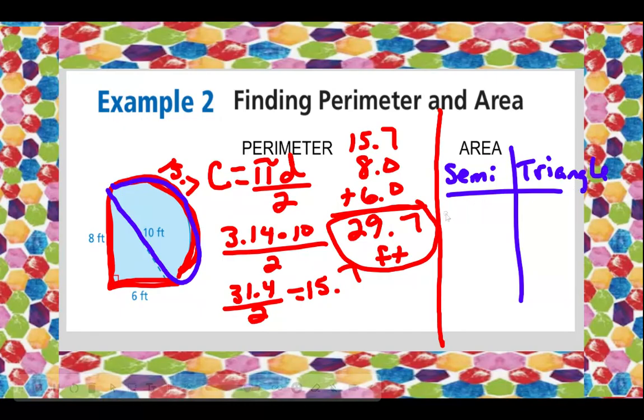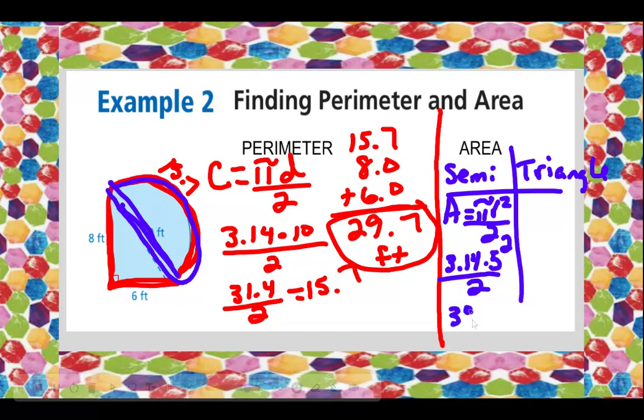So for the semicircle, when we find the area, it's pi times radius squared divided by 2. So area equals 3.14 times, if 10 is my diameter, 5 is my radius, so times 5 squared divided by 2. So 3.14 times 25 divided by 2,